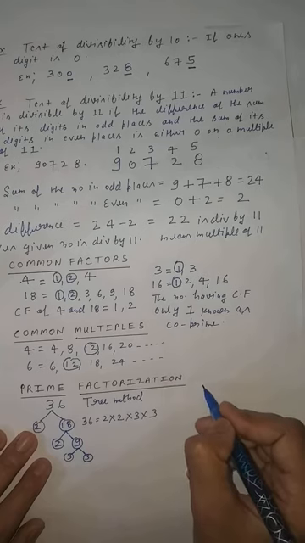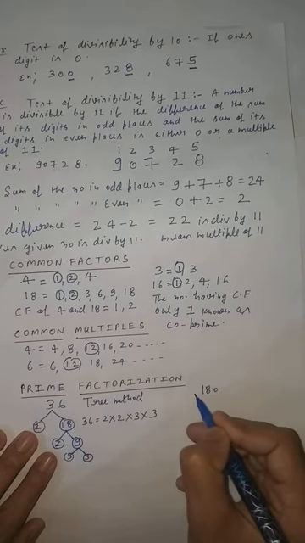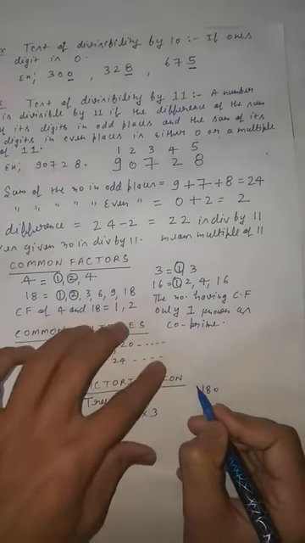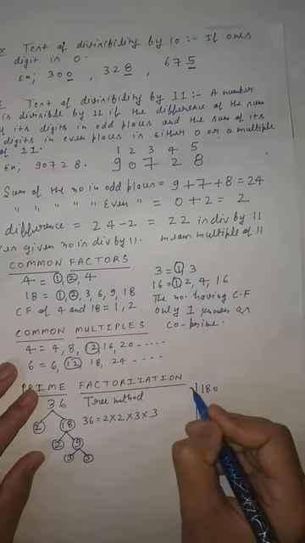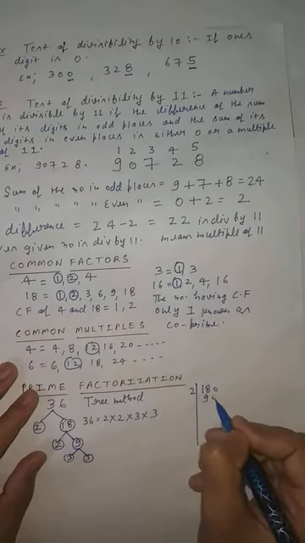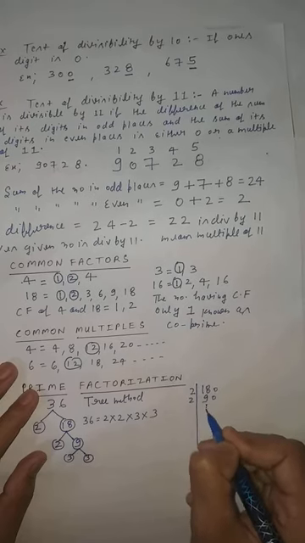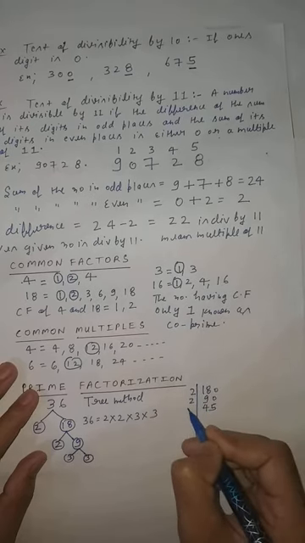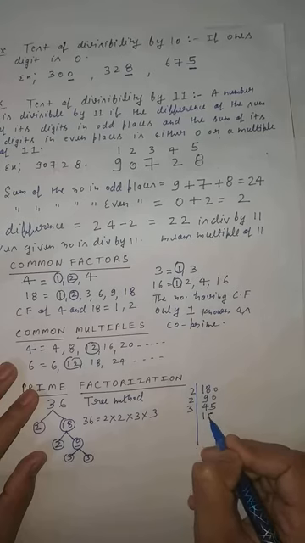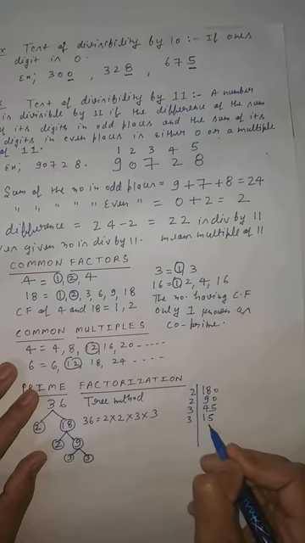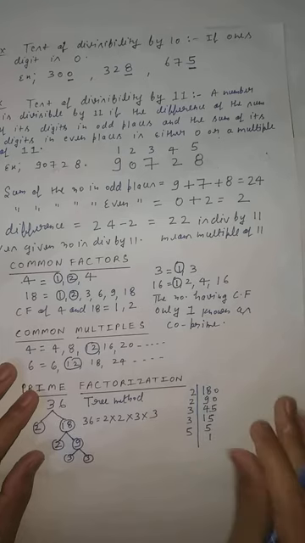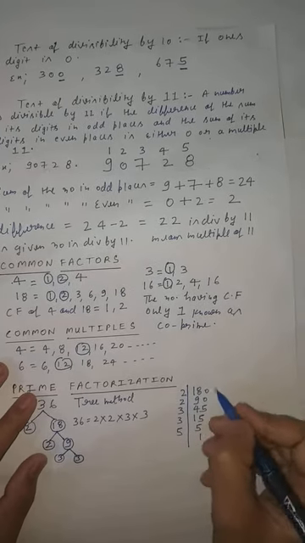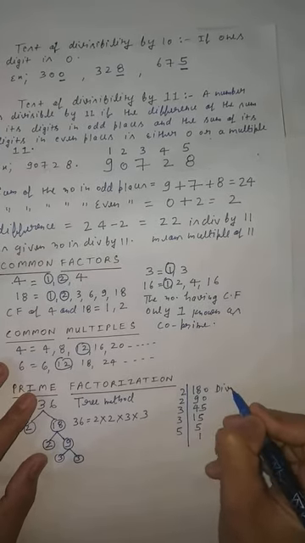But if the number given is a little bit greater, like 280, you will use the division method. Clear students? So you know that 2 9 is 18, 0, then 2 4 is 8, 2 5 is 10, then 3 1 is 3, 3 5 is 15, and 5 1 is 5. Clear student? So this is your division method.